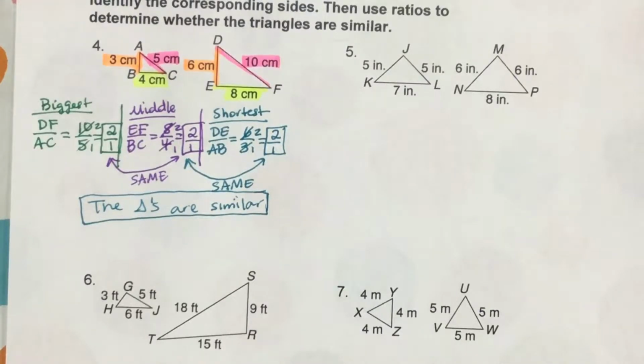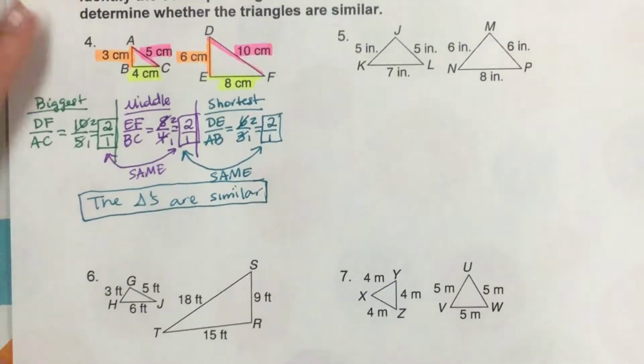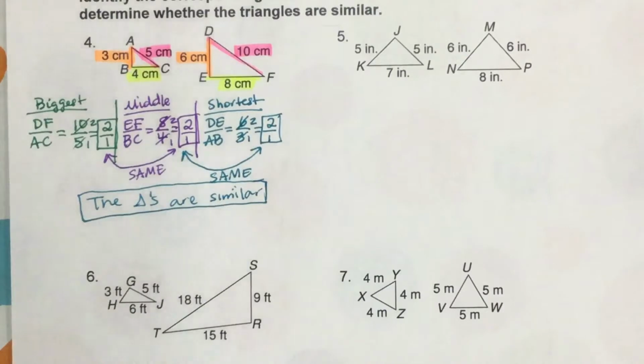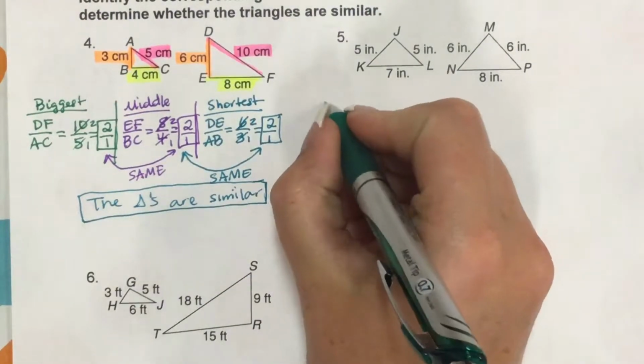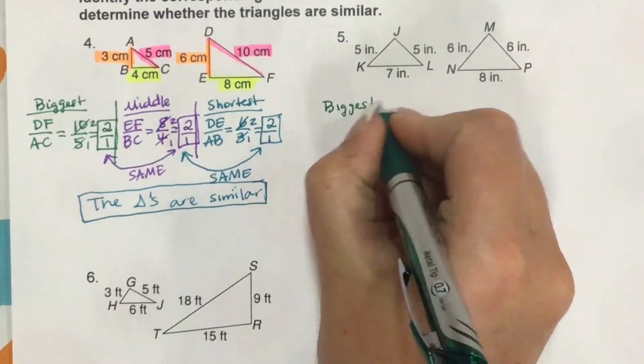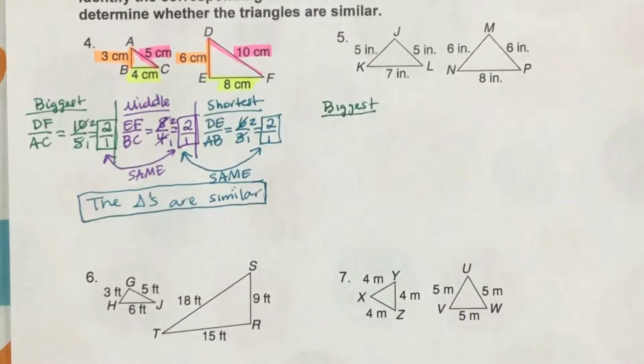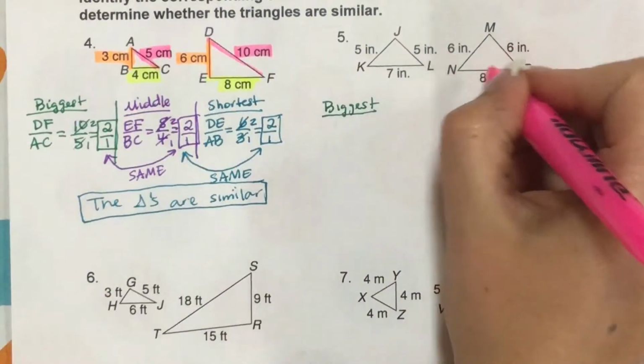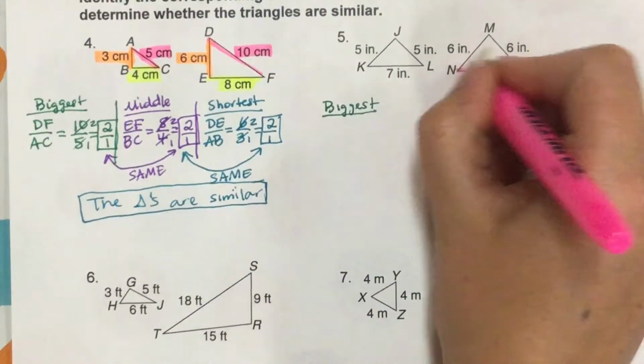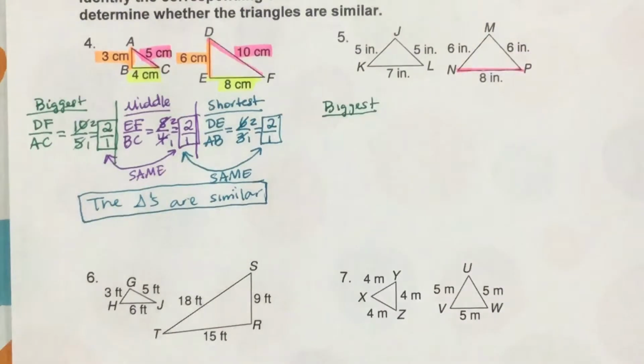All right, we're back. Let's go ahead and get started with problem number 5. So the first thing we're going to do is let's go ahead and do the biggest side. Let's start with the big triangle and have the big triangle on top. You don't always have to do the big triangle on top, but I just want to stay consistent. So the big triangle is going to be NP, that's the biggest side here,